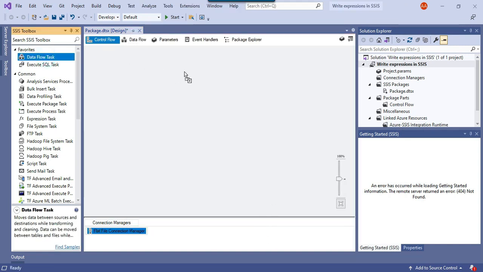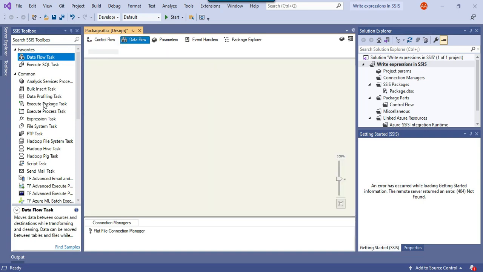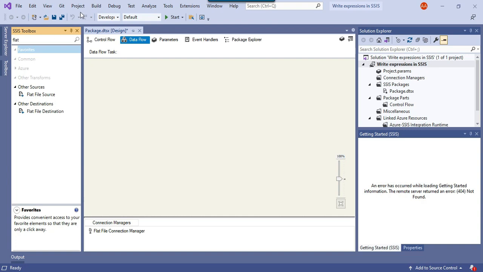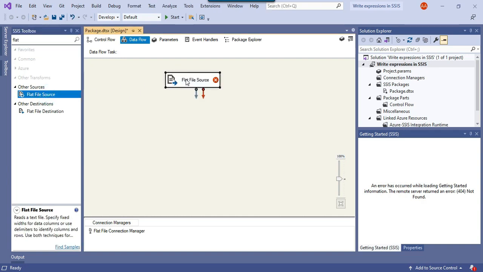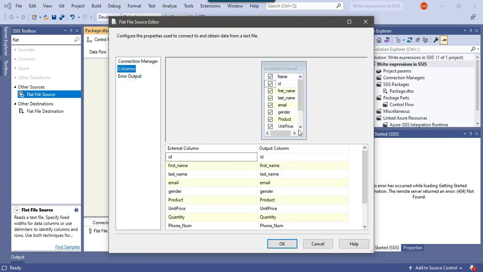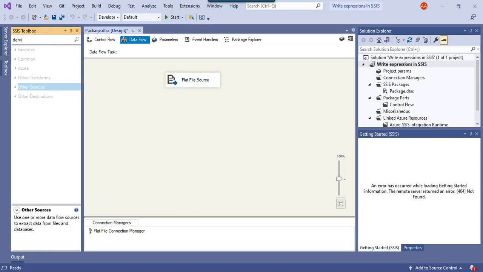Now let me drag and drop the data flow task into the control flow window and double click the data flow task. Alright, let's drag and drop the flat file source into the data flow task and configure it so that it can read the data from this file. This seems good, click OK. Now to use the expressions, we will be using the derived column transformation here.